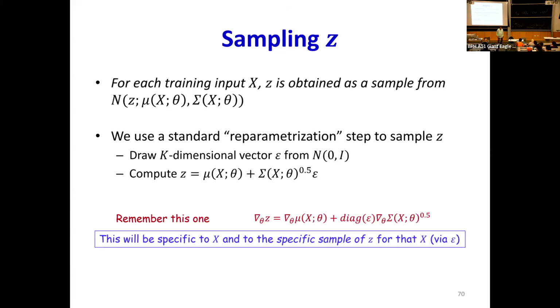When I want to sample from a non-standard Gaussian, how do I sample from this? The way I would do this is I sample from a standard Gaussian, then I scale this sample such that the variance becomes like so, by multiplying it by the standard deviation, which is the square root of the variance, and then add the mean so that the whole thing goes out here.